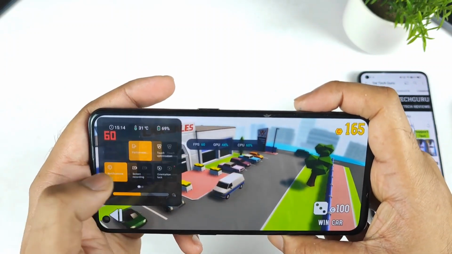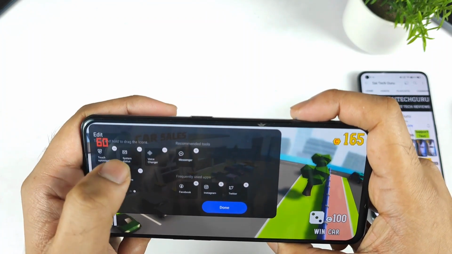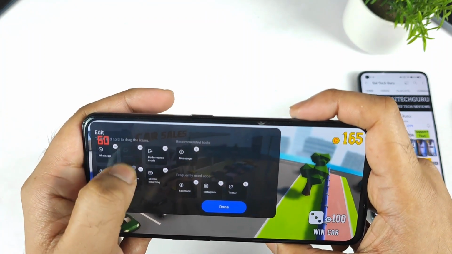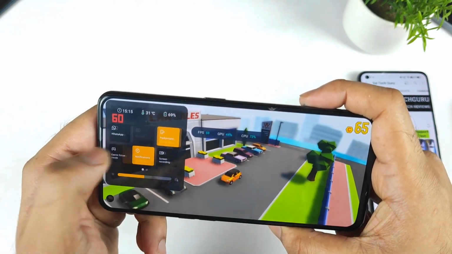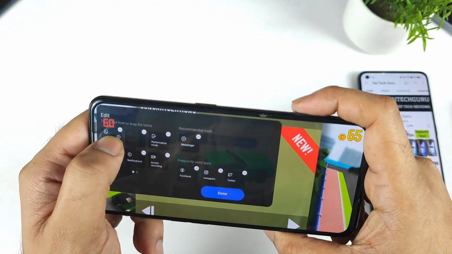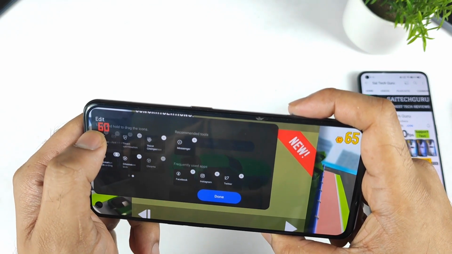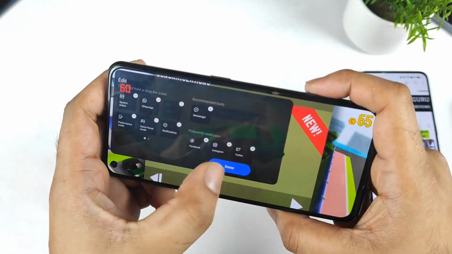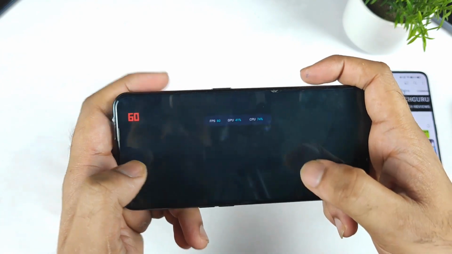Now I can change the layout. Let me change the layout because I want the real-time FPS meter on the front side of the screen. I don't like it in the other place, this used to be my priority. Now it's pretty good. Still it did not get changed. Let me change it again. So where is that? Here's the system status and I'm trying to change it. And click done. I forgot to click done. Now it should be changed. As you can see, friends, real-time FPS, that's fantastic.